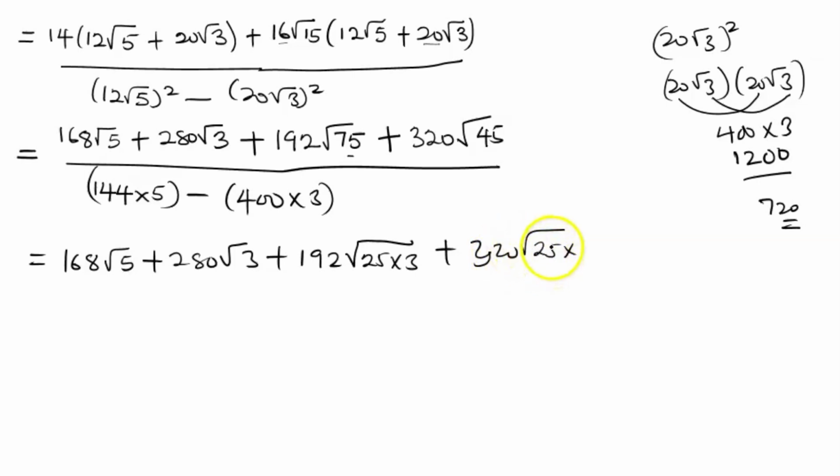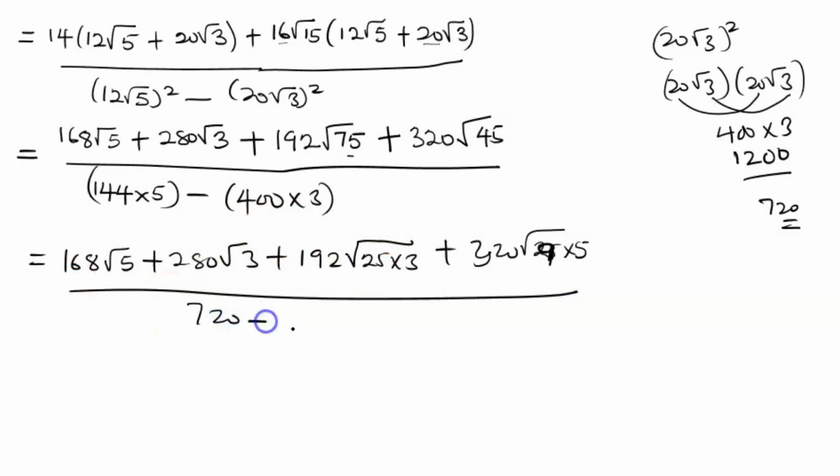No, this is 9 times 5. Let's just make this 9 times 5. Okay, this is 9 times 5. All right, everything divided by 720 minus 200. That's what we are able to have here. So we have 168 root 5